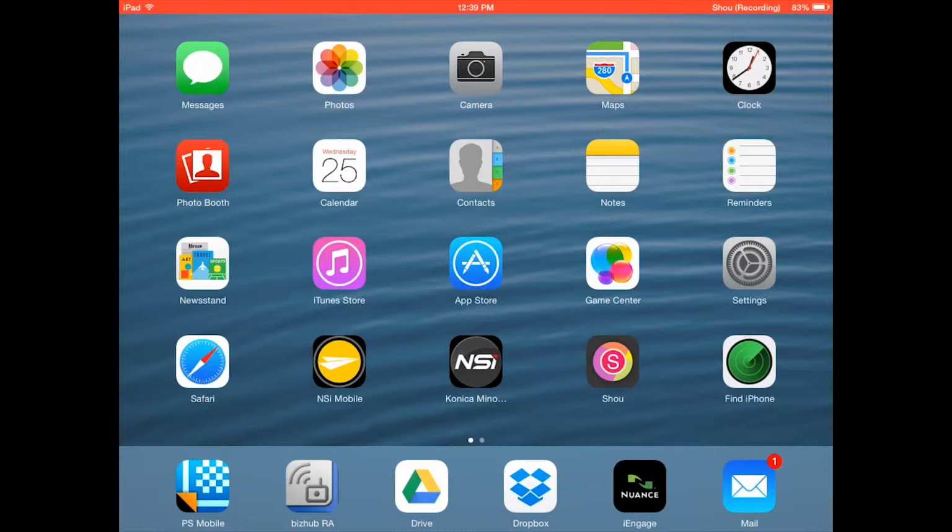We do strongly recommend that you go to myconicaminolta.com and download the brochure for Pagescope Mobile that will provide you with the exact compatibility of each model with Pagescope Mobile. However, today what we're going to be doing is showing you how to go to your App Store, download Pagescope Mobile, and then how to add an MFP or two to your Pagescope Mobile to get you started using it. So the first thing that we're going to do is spend some time going to our